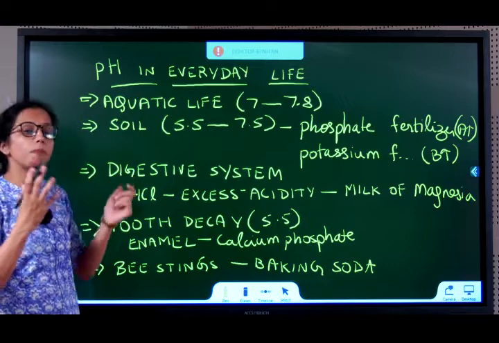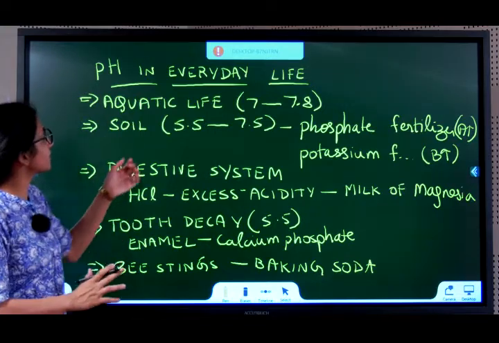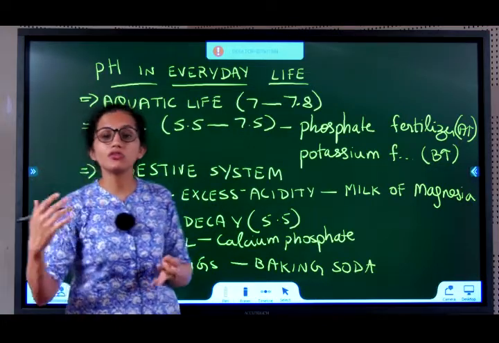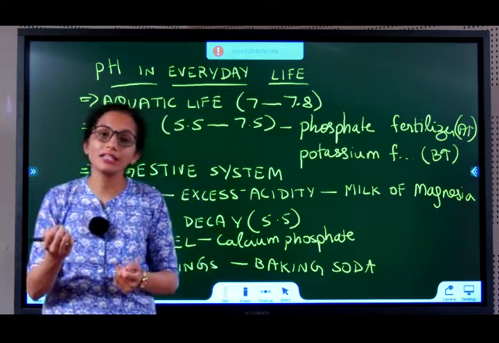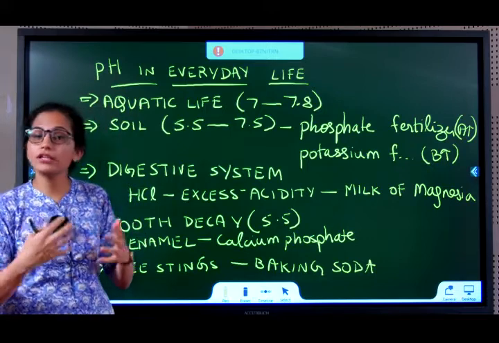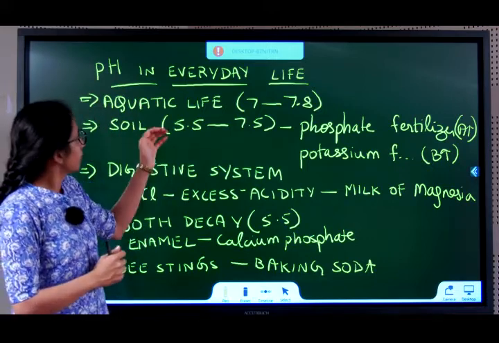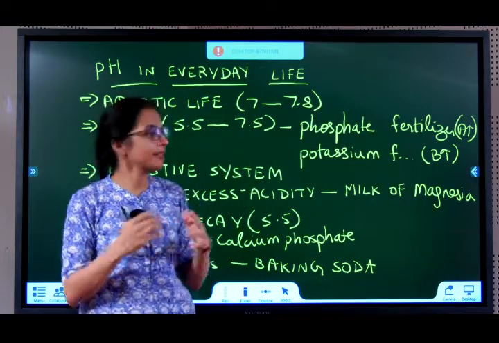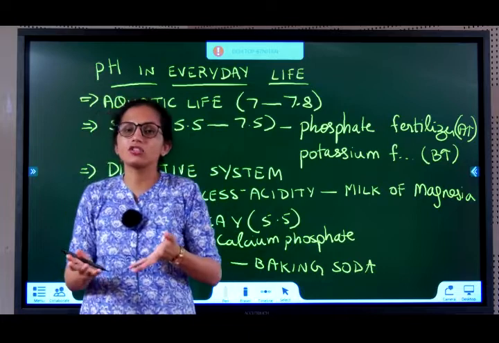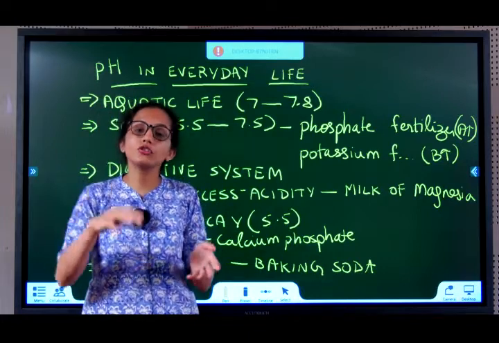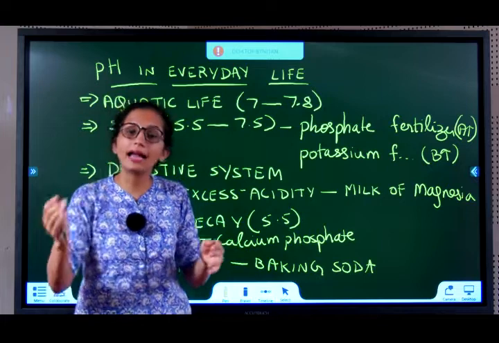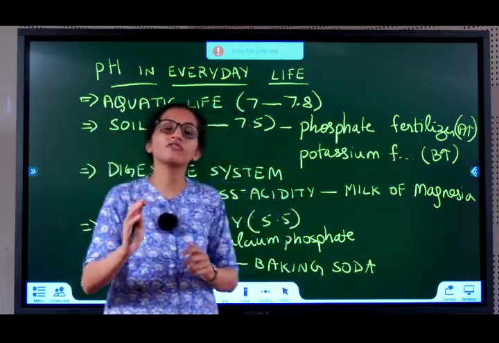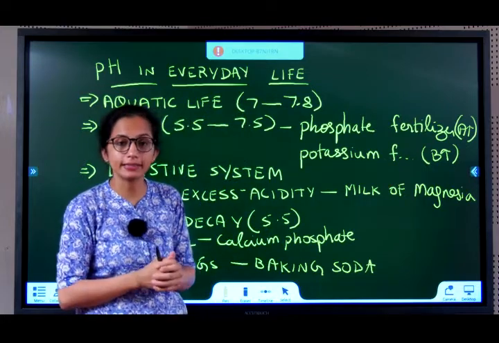Next, to grow plants, the good pH value is between 5.5 and 7.5. In some regions pH drops, in some regions pH increases. So what do we do in such a situation? If your soil is highly acidic, let's say the pH is below 5.5, it has become acidic. So what should you do? How do you neutralize it? How do you bring down the acidic nature? By adding a base. So which fertilizer do you use? Use potassium fertilizer. Potassium fertilizer brings up the basicity.